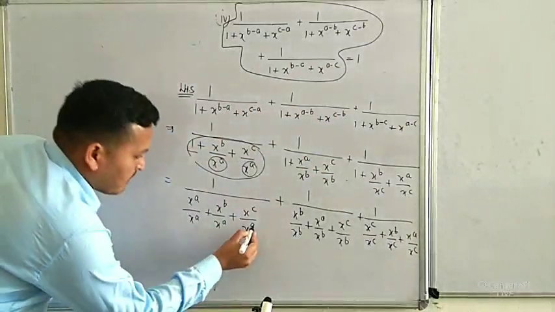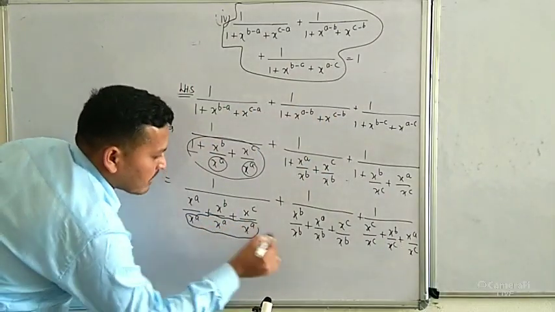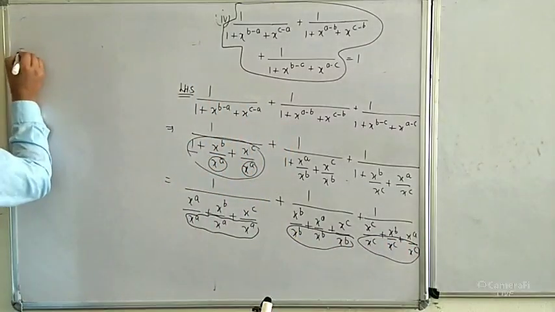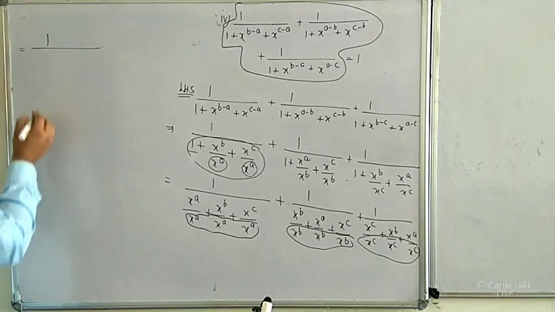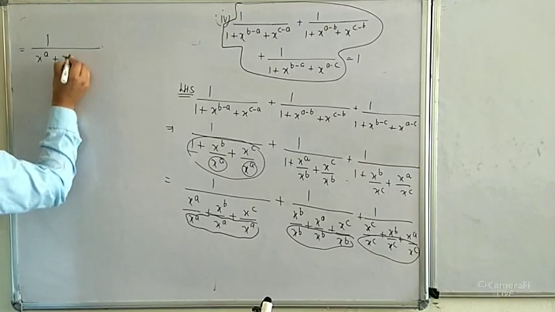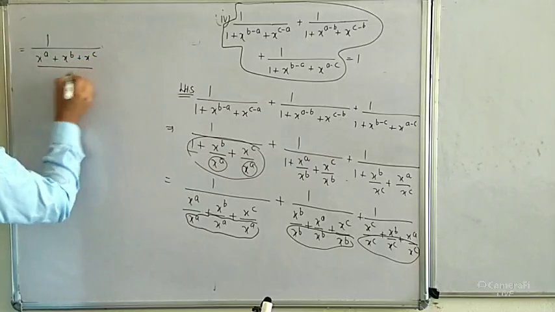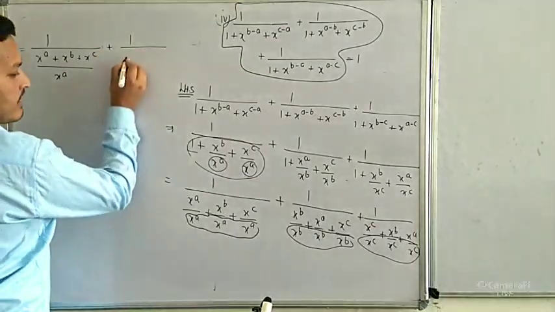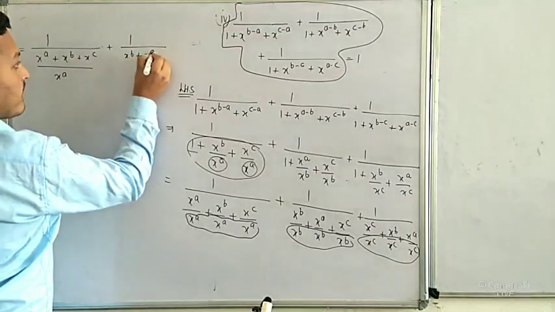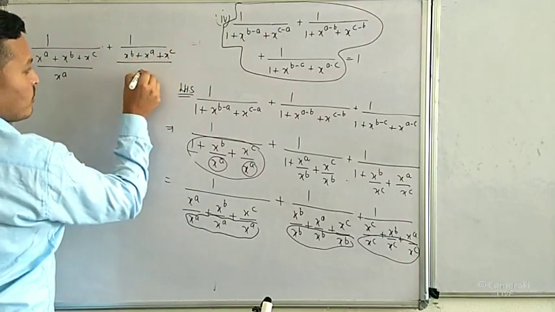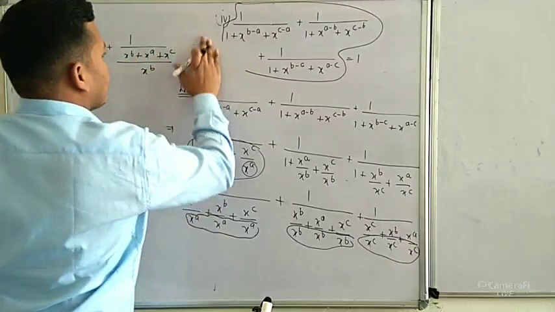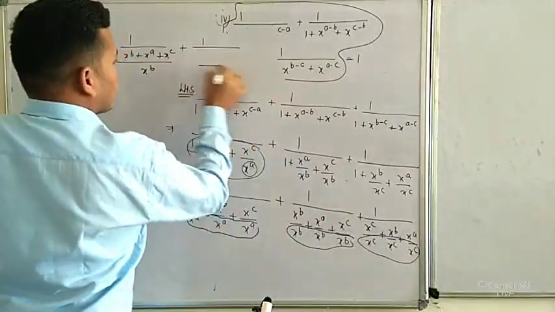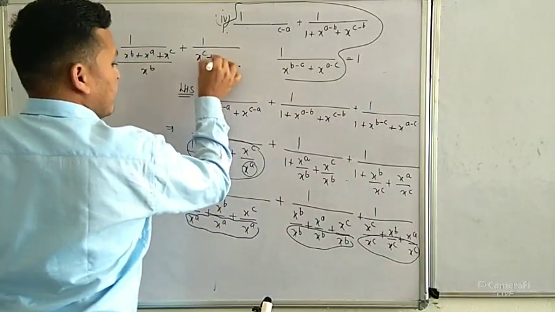okay, so in this part the denominator is same, similarly here denominator is same, here denominator is same, so what is 1 upon, okay, so we can write x to the power a plus x to the power b plus x to the power c and whole upon x to the power a, because LCM is same, means it is the addition, okay, plus similarly here we can write x to the power b plus x to the power a plus x to the power c and whole upon denominator is same, x to the power b, and the last part is plus 1 upon same denominator x to the power c, x to the power c, x to the power b plus x to the power a,